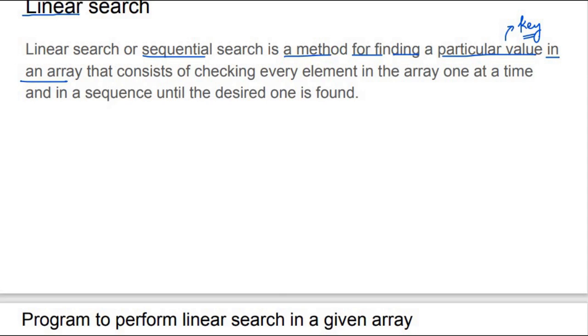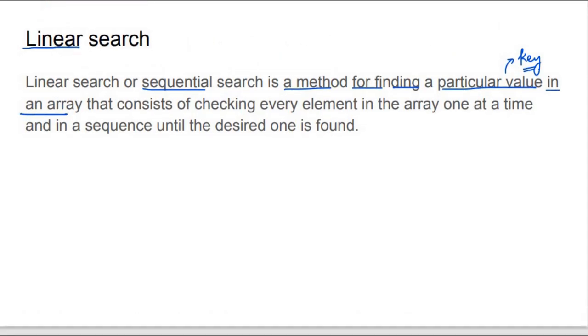But now how do we do this in linear search? That consists of checking each and every element in the array one at a time and in a sequence. This is very important, in a sequence, and every element is being searched. So there are two important terms in the entire definition that you can't skip. If there is a definition being asked in your exam, you have to write these terms in the linear search.